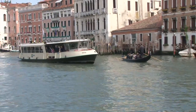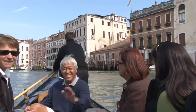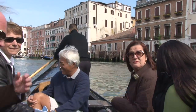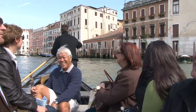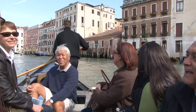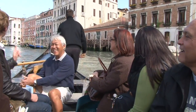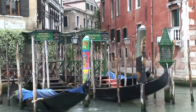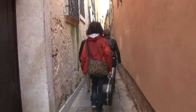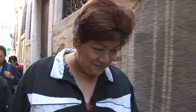And it's quite inexpensive, less than $1 for your short ride. You're not going to get seasick out here on the Grand Canal. And it's calm. You don't have to worry about the boat rocking. Although it is a little bumpier than the side canals. This is a traghetto gondola, so it's really the cheapest gondola ride you could imagine. And it's quick, and we're rapidly on our way, continuing the walk as we approach into the San Marco area,